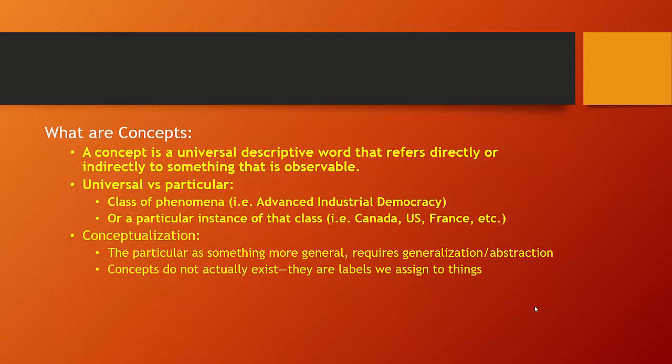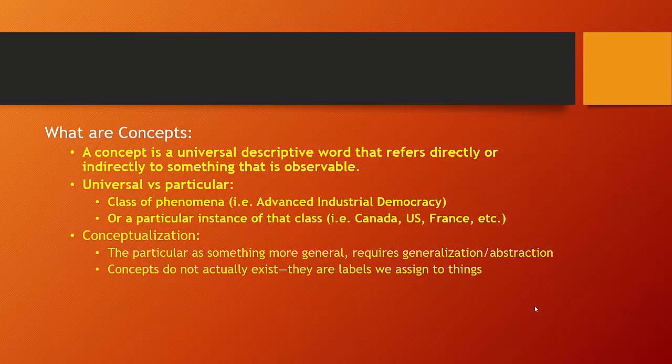Thus, conceptualization allows us to see the particular as an example of something more general. It involves both a process of generalization and abstraction. Generalization occurs because when we classify phenomena according to the properties that they have in common, we're necessarily ignoring those properties that they do not share. For example, we might be thinking of advanced industrial democracies, Canada, the UK, France, the United States, sharing properties of democracy and certain levels of industrialization, but we're not thinking about the properties that they do not share. For example, language. In France and in UK, they typically speak French and English,